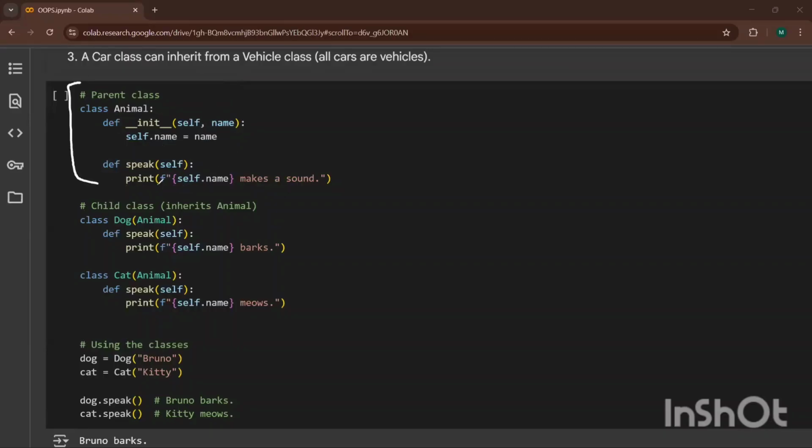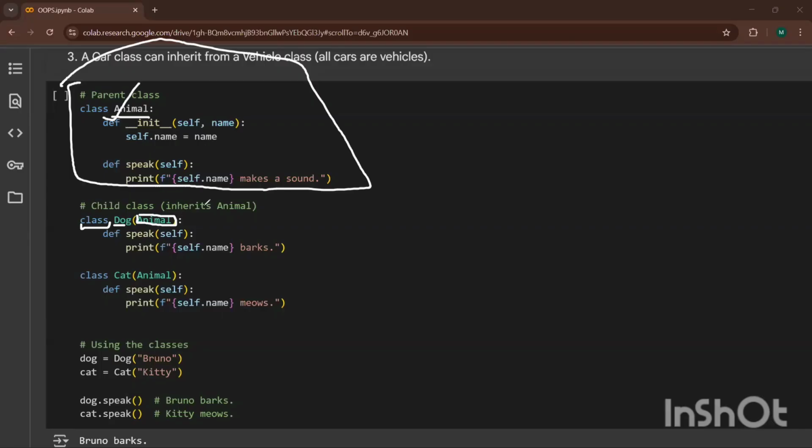Now, guys, this is my parent class. After that, I am creating a child class which is going to inherit this parent class. Class name is Dog. In brackets, I'm going to put the name of my parent class. What is the name of my parent class? Animal. Then colon. Now, def speak(self): print self.name barks.